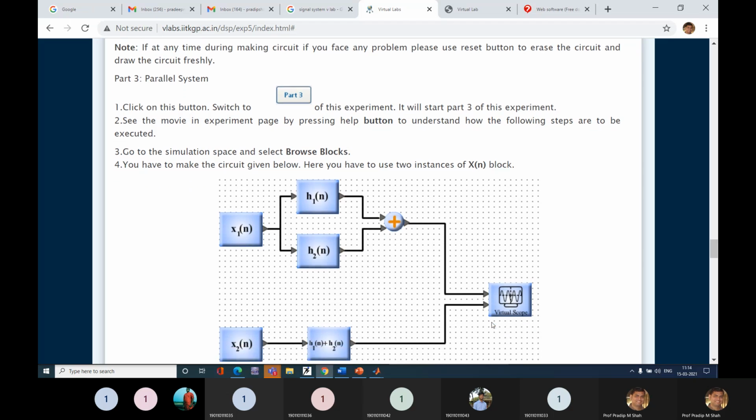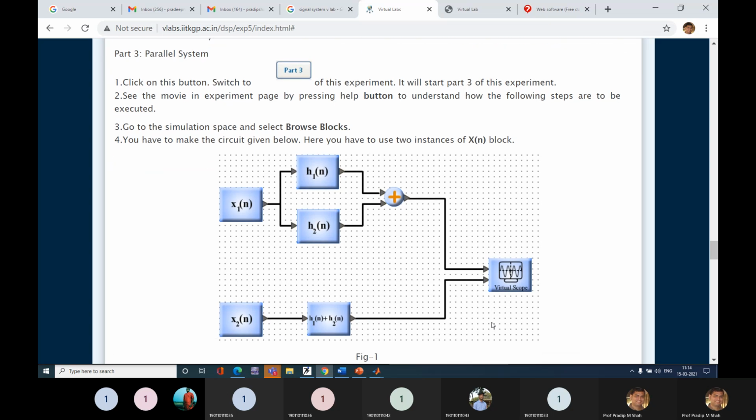Now, what is the equivalent? In a series connection, it is the convolution of the two individual responses. But in a parallel connection, it is a simple addition of the two individual impulse responses, so h1 of n plus h2 of n, which is equivalent to the two parallel connected systems.